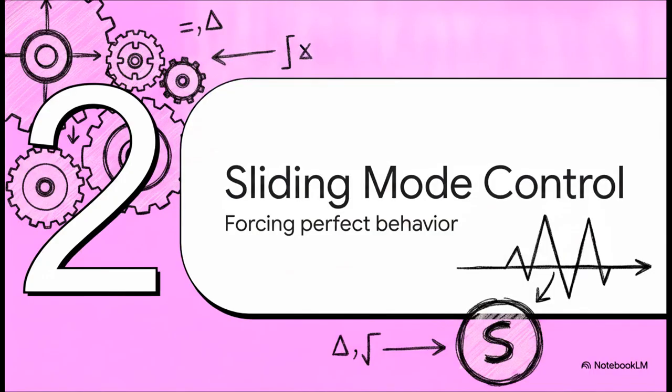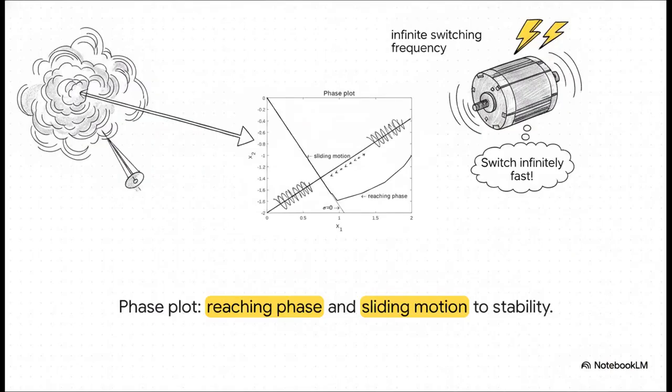Section 2. Sliding mode control explained. Let's see how industrial engineers try to force a physical system to behave perfectly despite this divide. They use a mathematical concept called continuous time sliding mode control. Imagine a wildly swinging system. The controller essentially grabs it during what engineers call the reaching phase and aggressively wrestles it onto a straight target line, known as the sliding motion. But here's the catch. To keep the system balanced exactly on that line, the continuous math demands an infinite switching frequency. The math says, switch the motor on and off infinitely fast to keep it perfectly balanced. In a pure mathematical vacuum, it works beautifully.